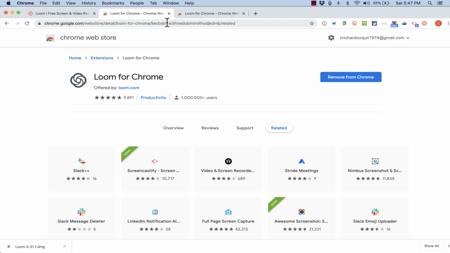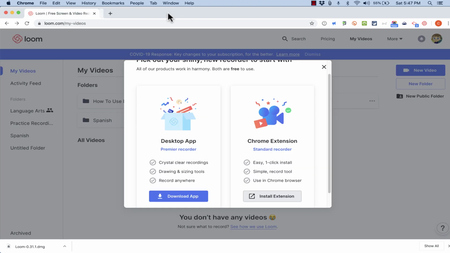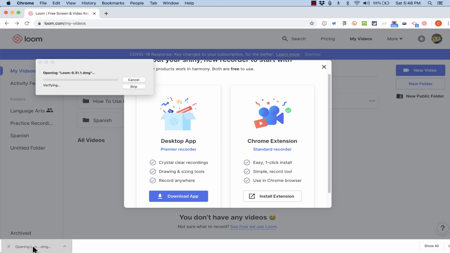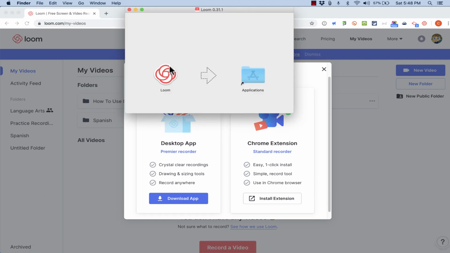Okay, so now that that's installed, let's go back. I'm going to X out of those additional tabs, and let's take a quick look at each of these recording options. First, the downloaded app. In my case, I'm recording this video on a Mac, and so it downloaded the Mac version of the software. I clicked to open it up, and once it's opened fully, it gives me this option to install. Now this process will be a little different on a Windows computer, but it'll be similar. You'll want to click on the download to get started with it. On a Mac, all I have to do is click and drag to drop that into my applications, and that installs it as an application on my computer. I can X out of this window now.